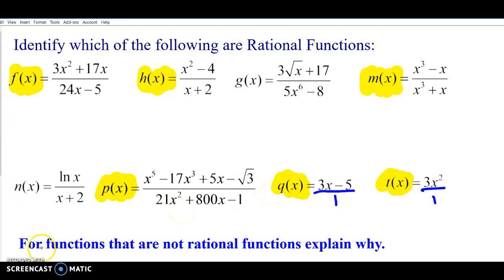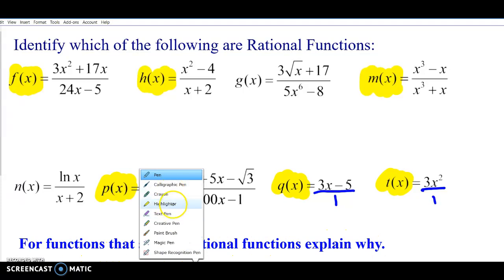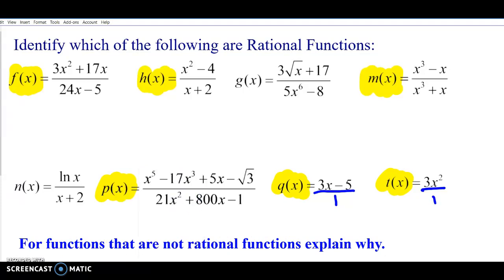So I ask you, for the functions that are not rational, explain why. I'm going to leave that up to you to figure out, but I'm going to give you a hint as to why. But you have to